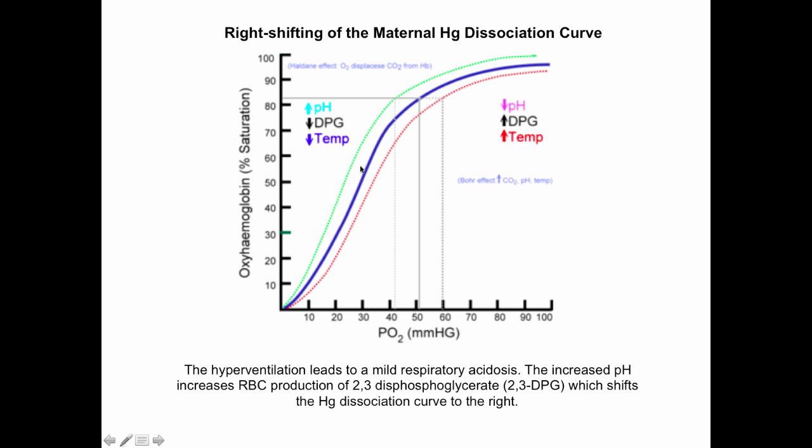Okay. Now, this change in pH, right? The hyperventilation leads to a mild, there's a misprint on this slide. It's not a mild acidosis, it's a mild alkalosis, right? So pH is slightly high. So this hyperventilation is leading to a mild respiratory alkalosis, and this increase in pH actually increases the production of an important metabolite produced by the red blood cells called DPG, or diphosphoglycerate, 2,3-diphosphoglycerate. Okay. Now, what DPG does is